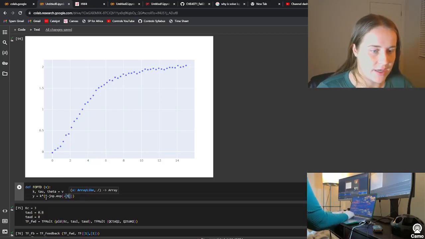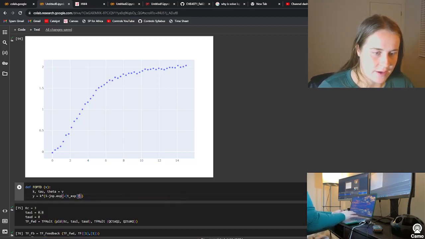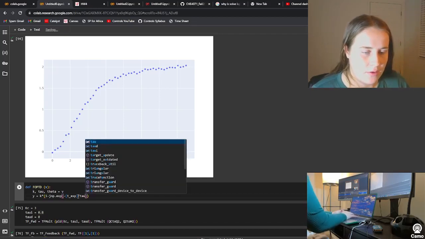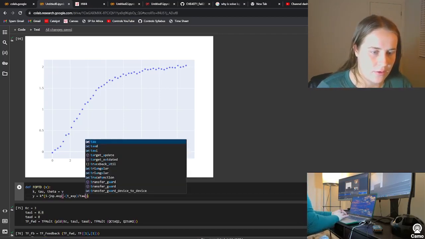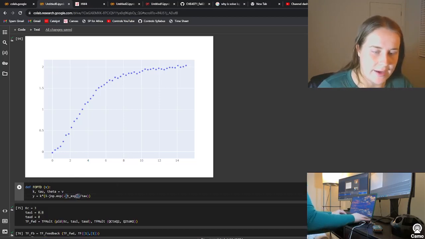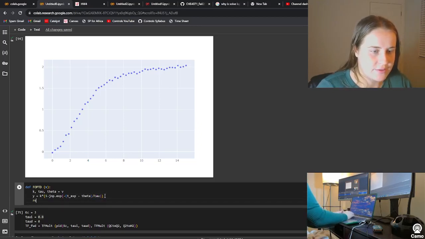Then we'll have our time experiment, divided by... Oh, it's actually t exp minus theta, divided by tau. Then next we're going to return jnp.where